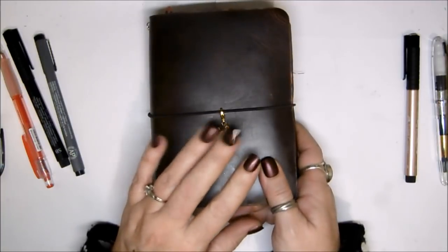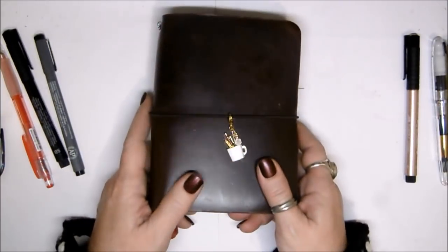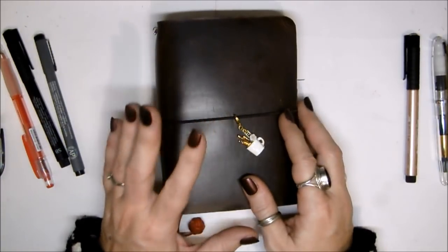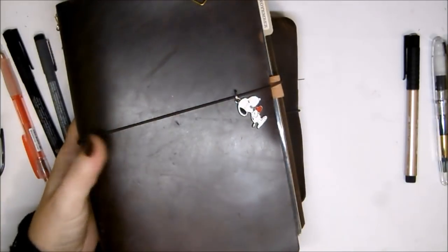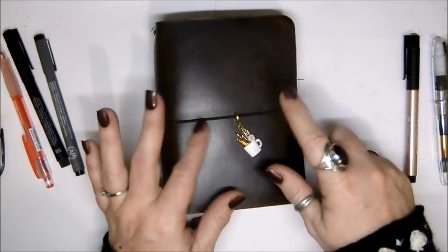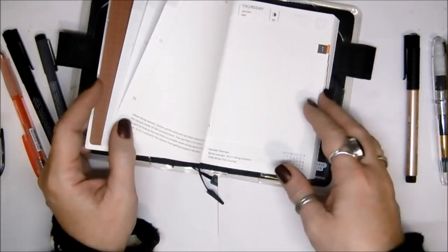So I'm going to streamline this a little bit more so that I don't have so much overlap. But if I wanted to, say if I go to my mom's or I go out of town somewhere, I don't have to take the A5 Hobonichi or these. I don't have to bring these. Between the weeks and this, I could have everything I needed in just the smaller version. And then I have the English version of the